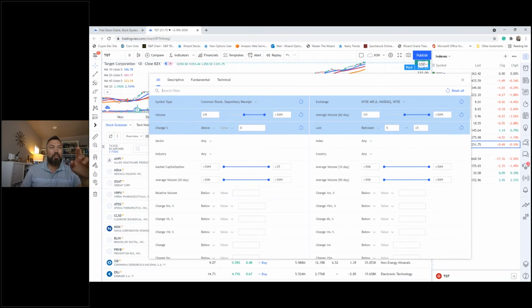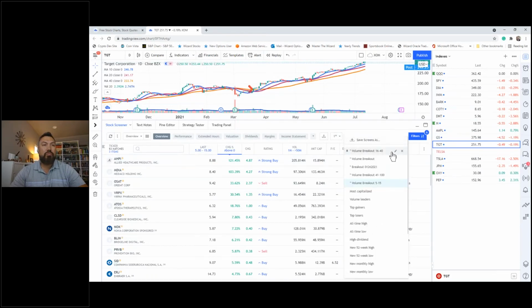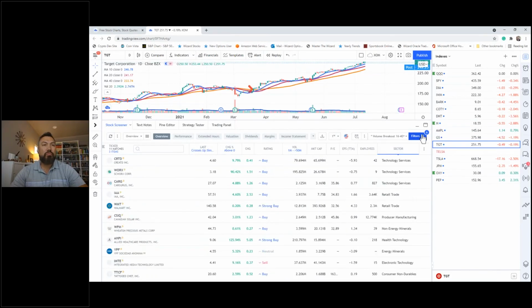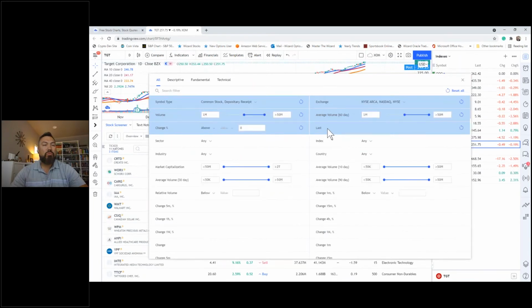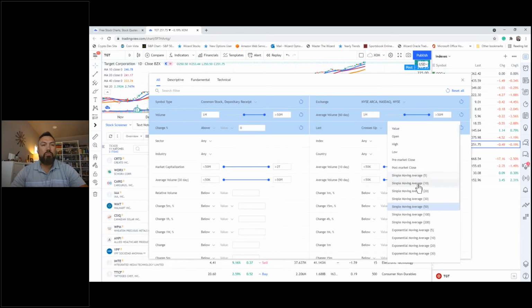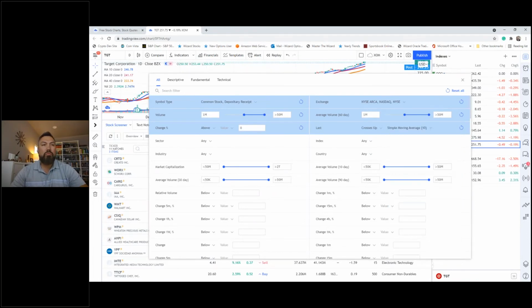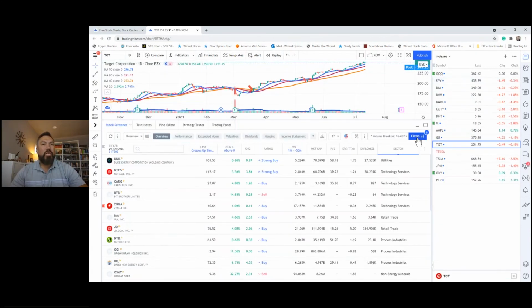Take a screenshot of this, but this is how we search the market and find stocks poised to break out. And that's what we're looking at. So I'm going to add now another layer to this just to give you another sense of this. All right, so take a screenshot of this one too.